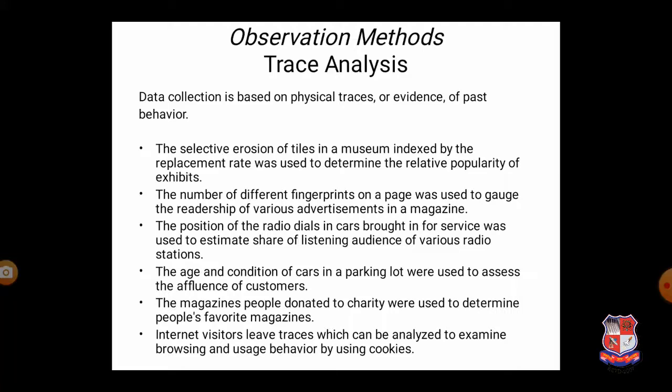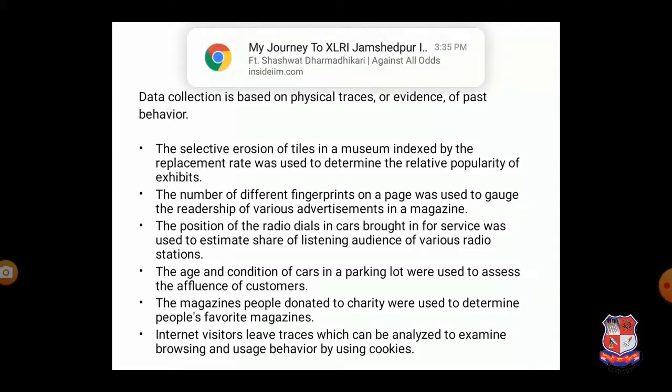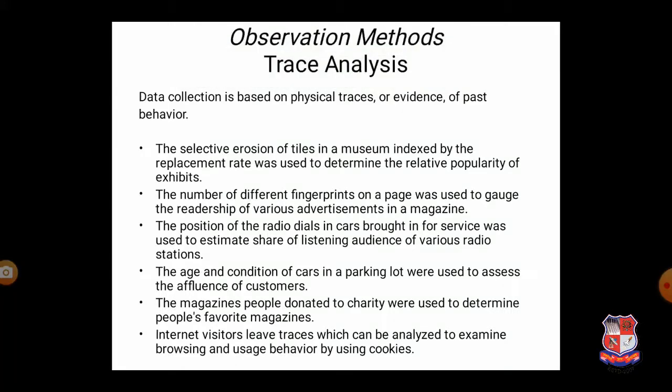Let's say I go to the library and observe the marks on a book. If there are two books, and in one book I observe some marks, for example the pages are yellow, or there are more fingerprints on one book, then we can say that students or faculty have preferred this book. So here I have observed the marks, the evidence, in one book.